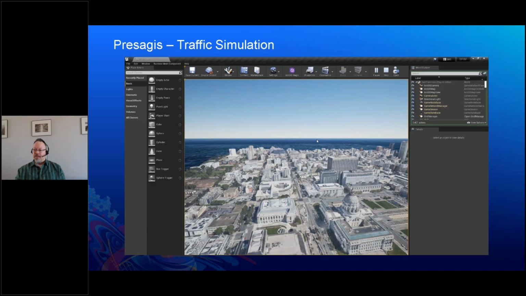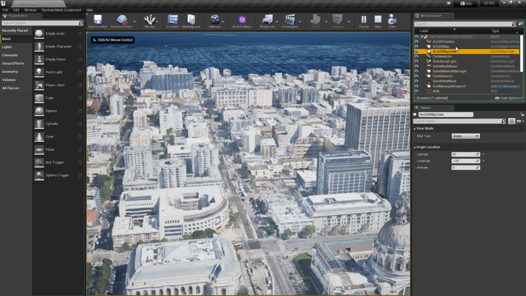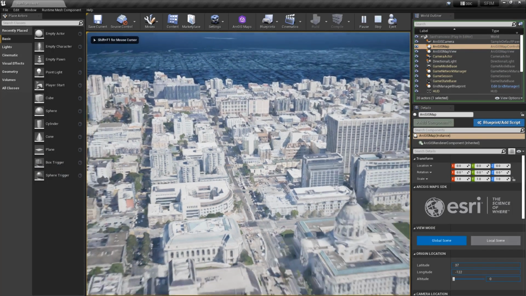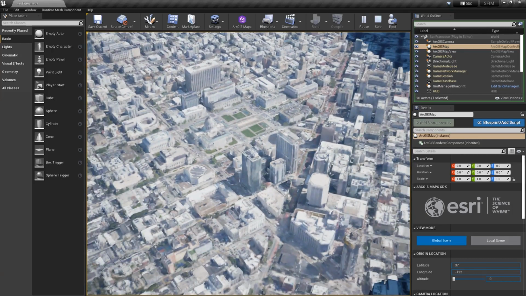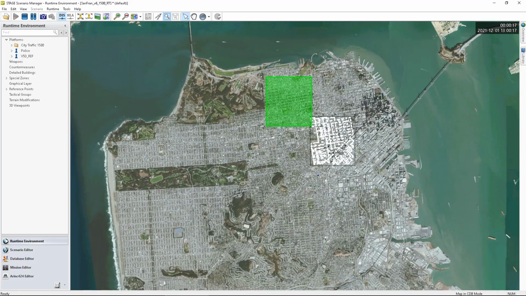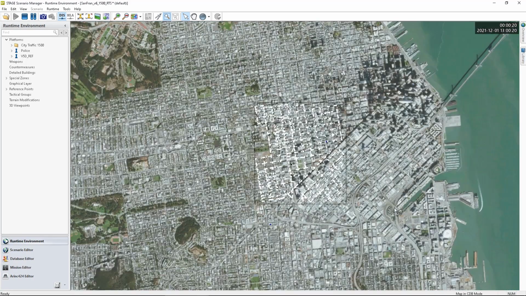So let me share the video here. Okay, so in this demo, we're showing this prototype that I just described in action. We're using Unreal Engine. The Maps SDK provides the geospatial canvas to use real-world data and access to a scene layer of type integrated mesh that represents a section of San Francisco that was provided by Vexcel, collected at 7.5